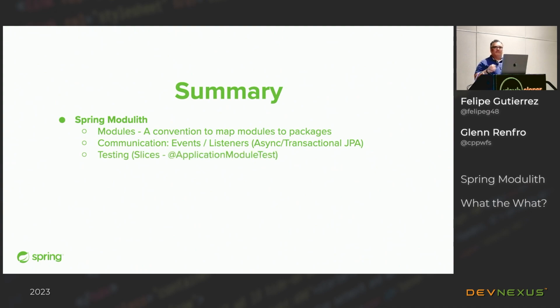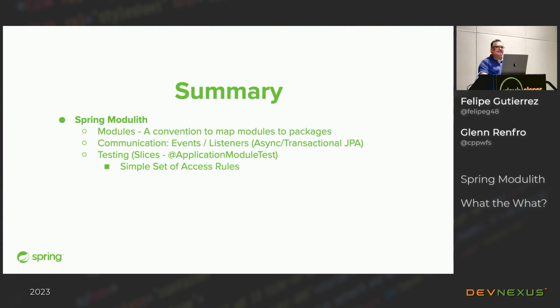Now, one of the cool features, I think, on this particular project is the testing. It provides you with these slices, and in this case is the application module test. And if you're familiar with Spring Boot, probably you are using that testing, right? Like when you want to serialize, deserialize, add JSON test, or maybe you want only data, like add JPA data test. Practically, this is the same. Add application module test is going to help you to only test your single module, and as you can see, even with the direct dependencies.